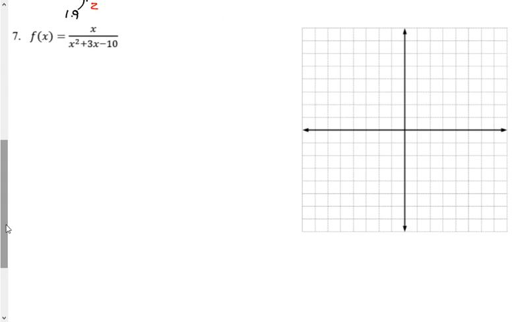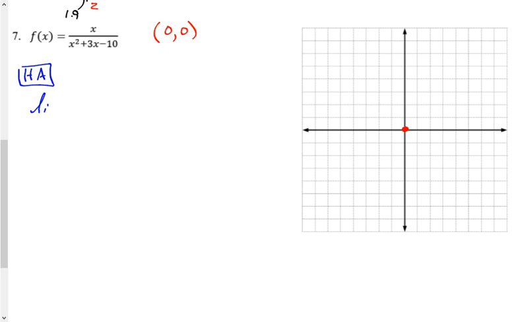Let's do another example. So this is not one we did earlier. But again, as I look at intercepts, because I just have an x in the numerator, 0, 0 will be a point on the graph. Excellent. And that's my only x and y intercept. And then as I look at horizontal asymptotes,